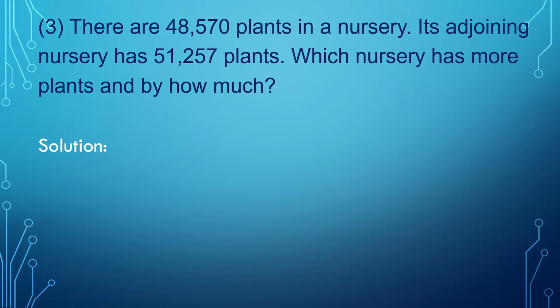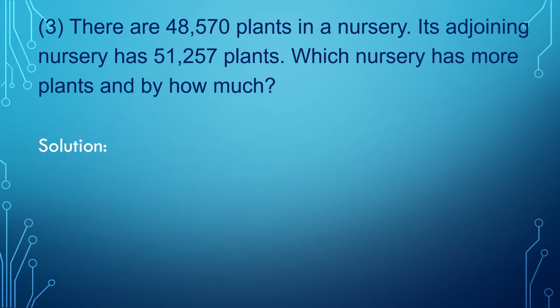Can you tell me what we have to do in this question? Addition or subtraction? Let's take a simple example. There are 40 students in class 4A and the adjoining class 4B has 50 students. That means there are 50 students in next class 4th B. So 4th A has 40 students and 4th B has 50 students. So which class has more students? Yes, adjoining class 4th B. And by how much? 50 minus 40 is equal to 10. So we have to do subtraction in this question.